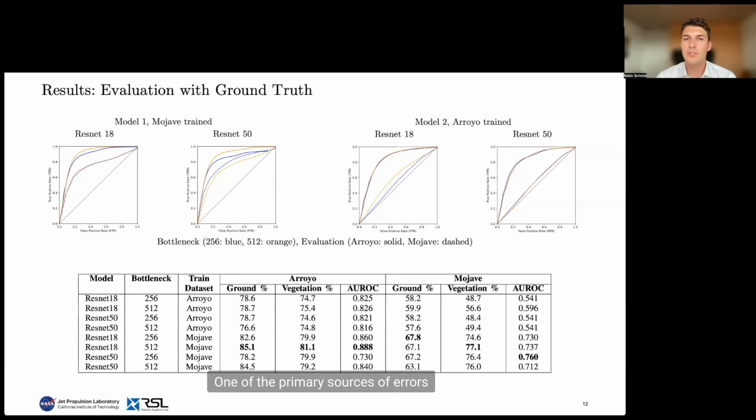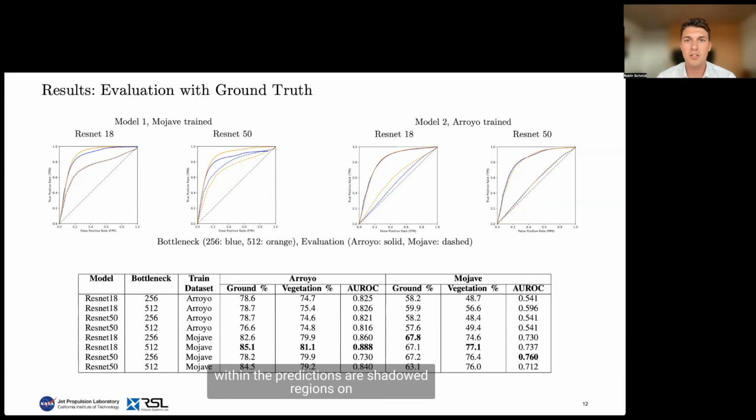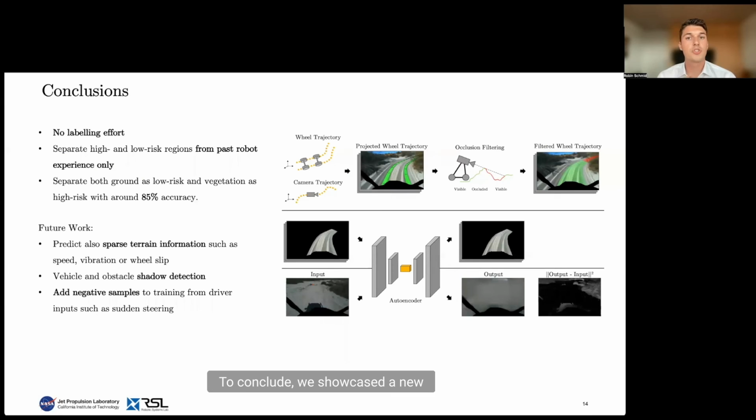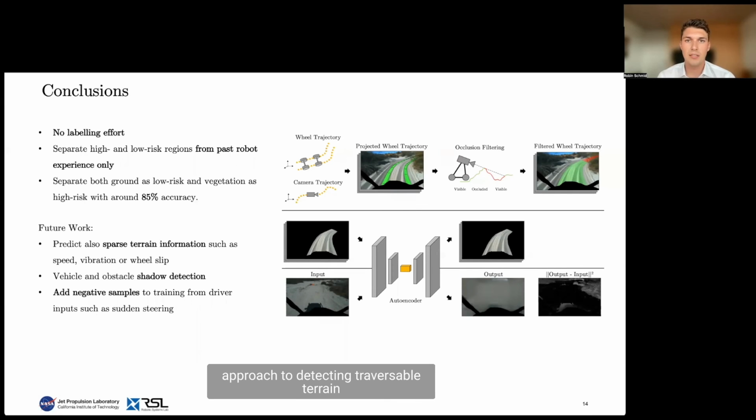One of the primary sources of errors within the predictions are shadowed regions on the ground that are predicted overconfidently. Interestingly, we observed that better results were obtained with bigger bottleneck size, and using a deeper model didn't really impact the results. To conclude, we showcased a new approach to detecting traversable terrain by learning from only past robot experience. Our model was able to separate high and low risk terrains with zero human labeling effort and achieved around 85%